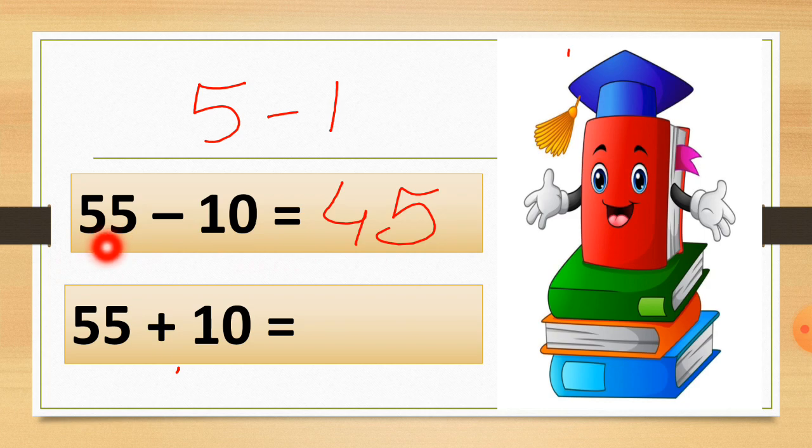No change in the other number. Here we just change 1 in the tens place. You can see we cut 1 in the tens place only, and our answer, you can see, that much easy it is. Now let's see the next example. Here we cut the numbers. So here we have to add the numbers. That much easy it is.